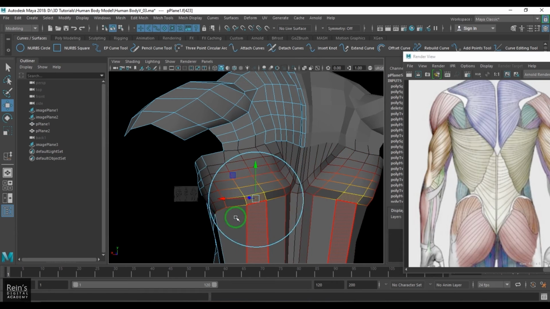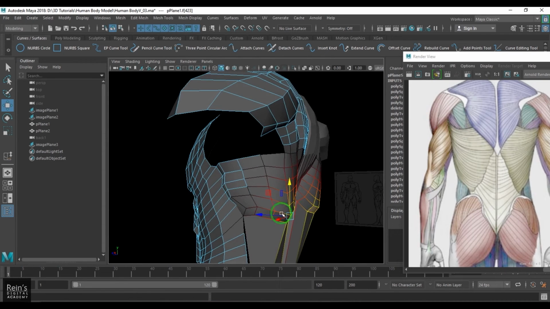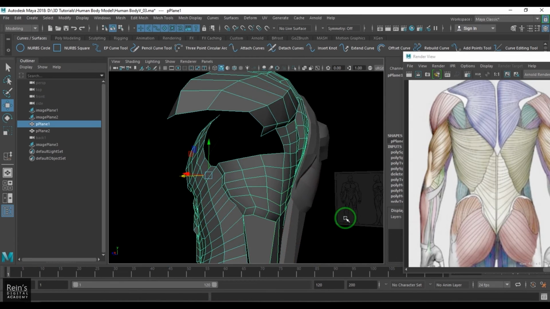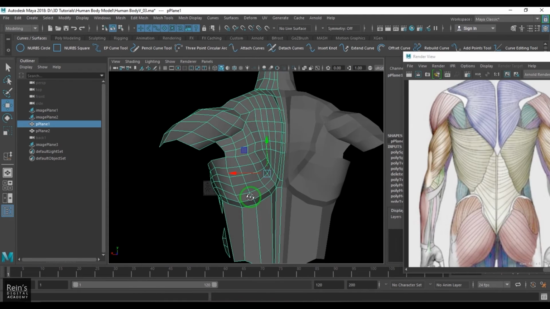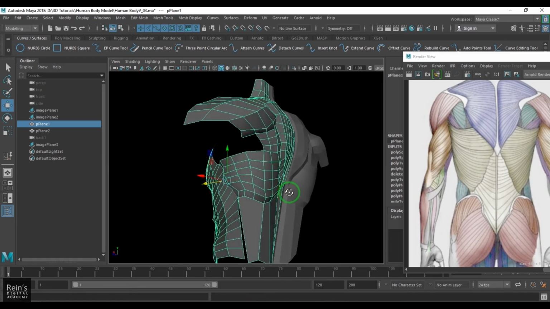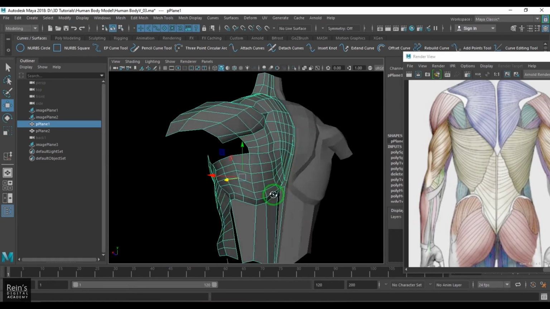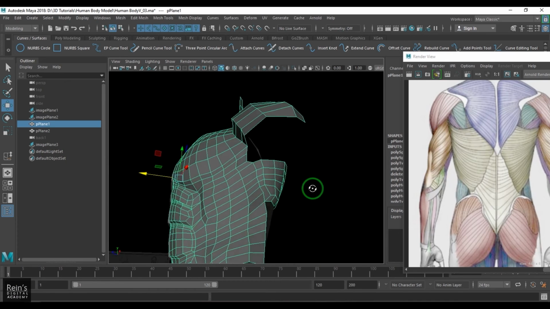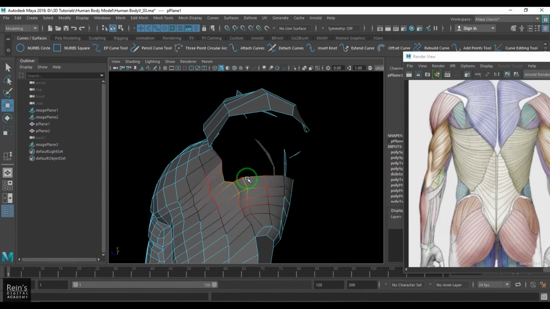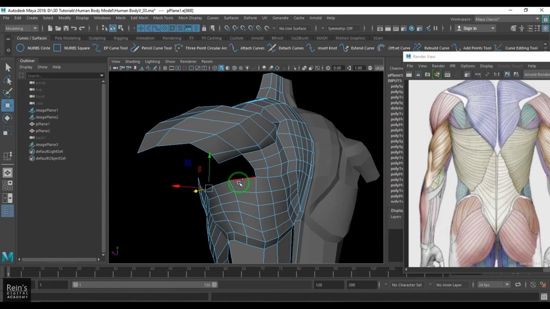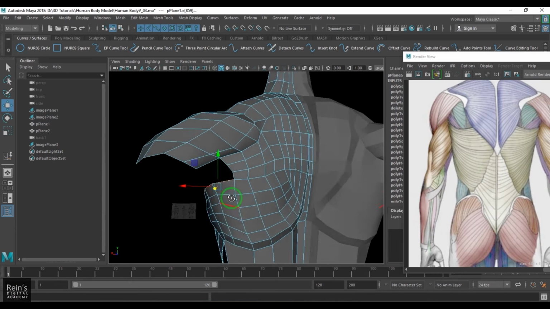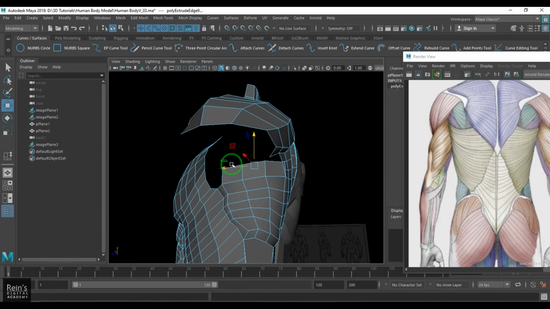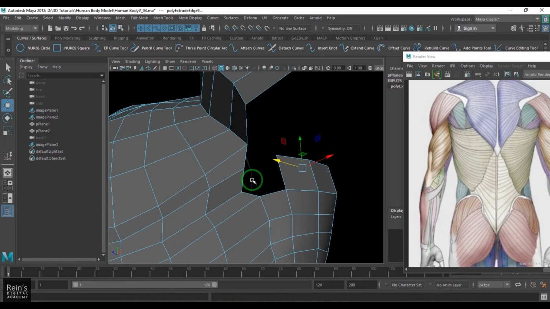I apply the soft selection and then just move it down, and then adjust it. So I'm moving it further in because I just wanted this